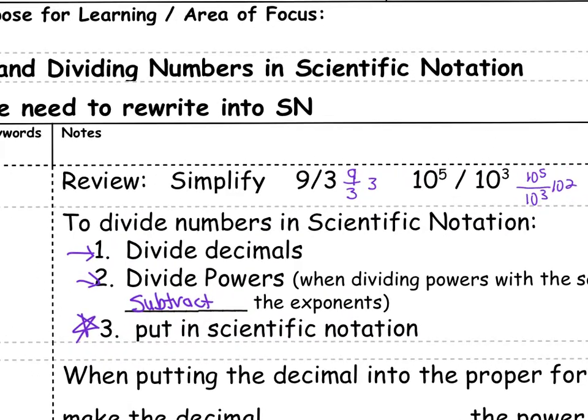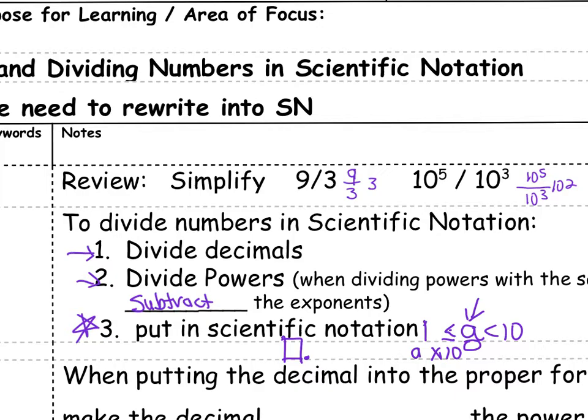So if we are putting it in scientific notation, that A has to be greater than or equal to 1, less than 10. So it's going to be A times 10 to some number. So the big key is to look at that A. Is it something point? You can only have one number before that decimal point.